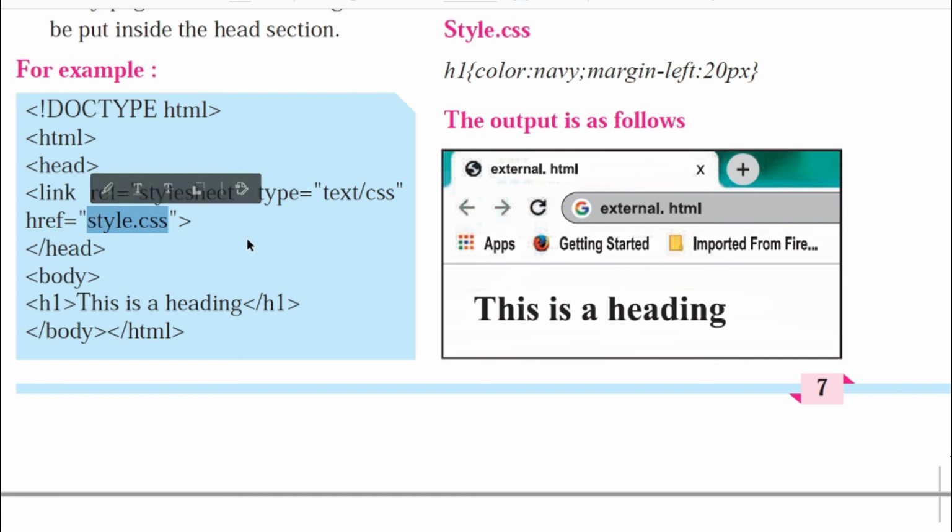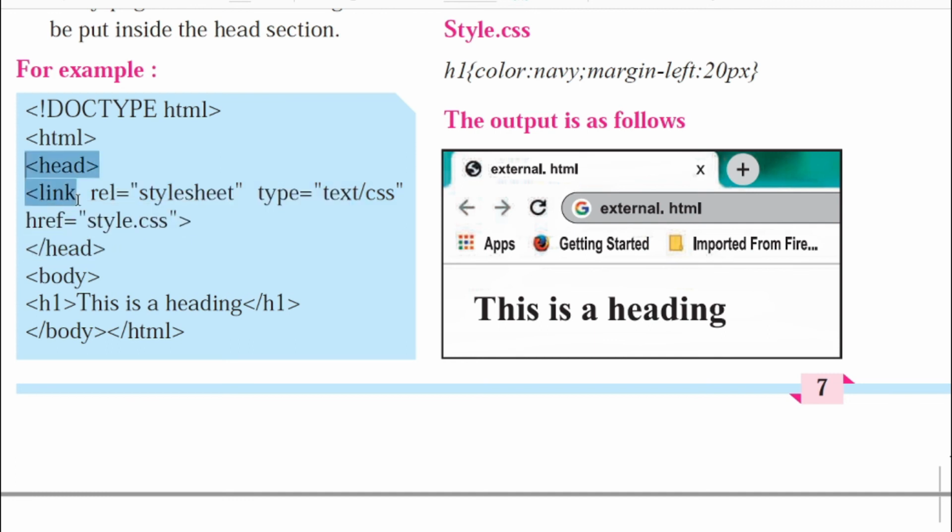And once we save it, in our main file we will provide a link of that particular file. So href basically is for hyperlinking, anchor tag hyperlinking, and here I have given the source as style.css. Just after linking, my dear students, we'll close the head section.